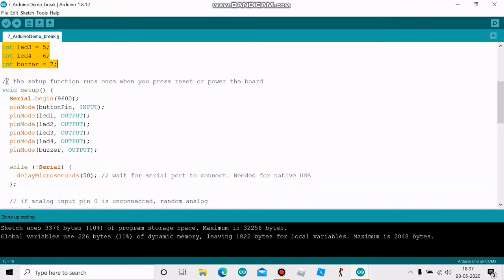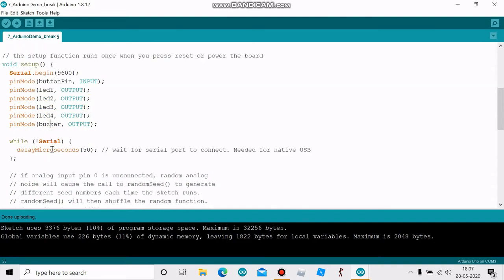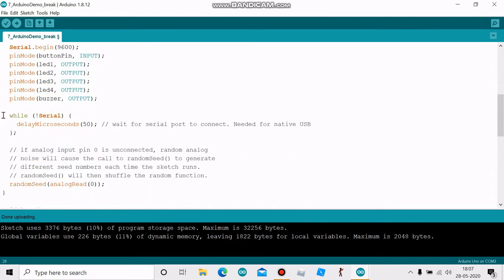The setup function runs once and is used to set up the serial communication and configure all the GPIO or the digital I/O pins on my Arduino board. The button pin is the input pin, the LED and the buzzer are the output pins. I'm staying in this while loop until the serial communication is established between the Arduino board and the PC.